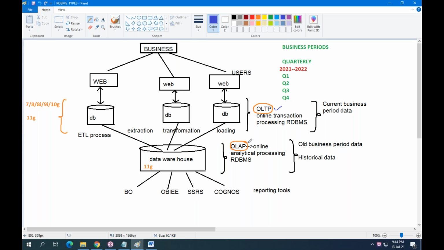OLTP is online transaction processing, and OLAP is online analytical processing. OLAP RDBMS is also known as a data warehouse.